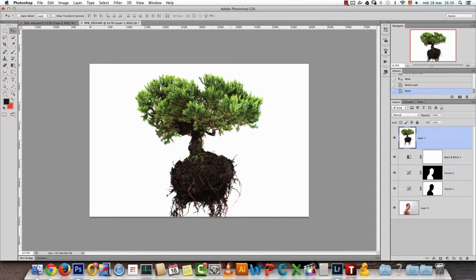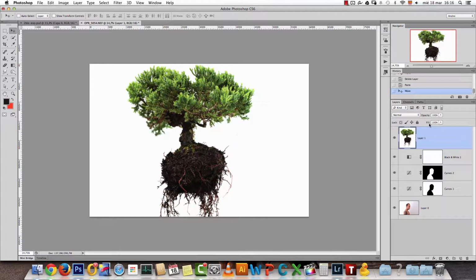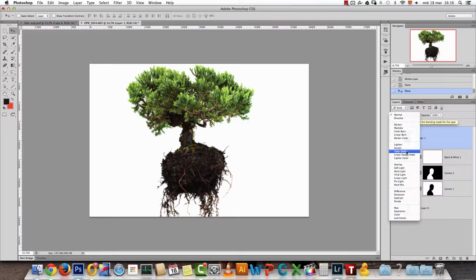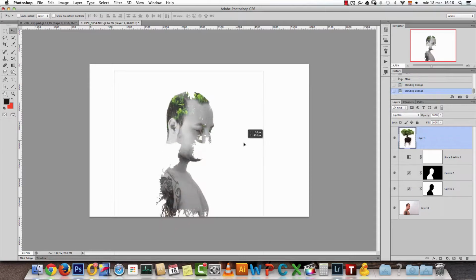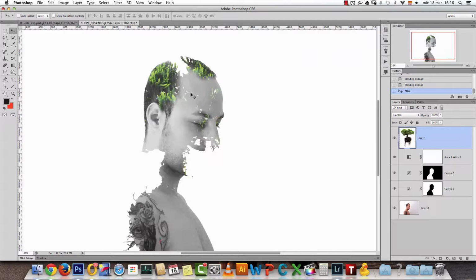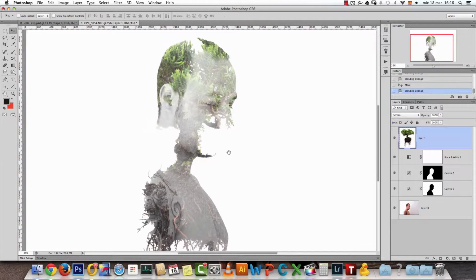Now you can see it covers my whole portrait here. And in order to get this double exposure effect, we need to use the screen blend mode. But it's important that both photos have white background, otherwise it will not work. Okay, so let's switch this to screen. I've seen people using the lighten mode as well, but it's too flat for my taste. You can see it. I don't know. You can combine these blend modes if you want to, but I think I like the screen blend mode more.